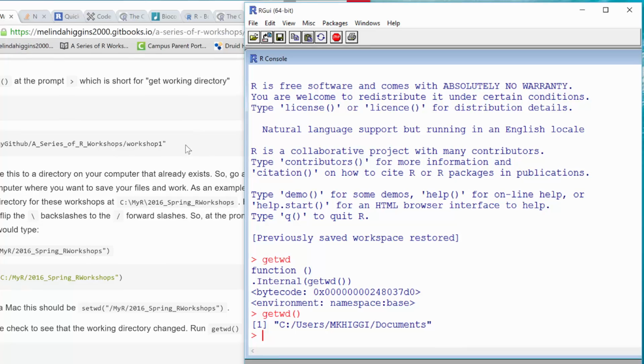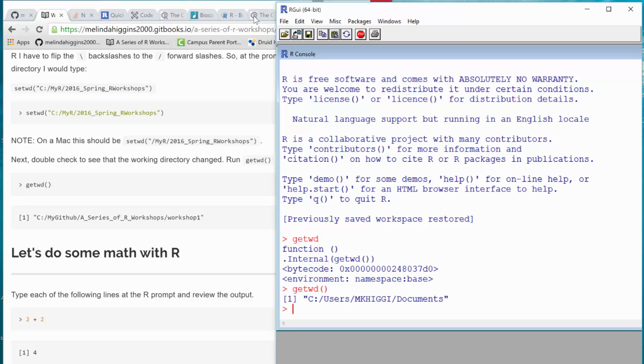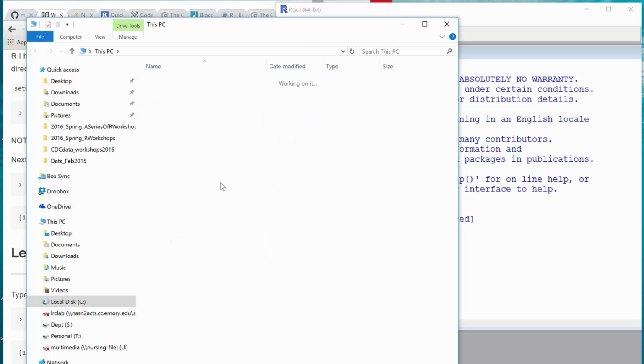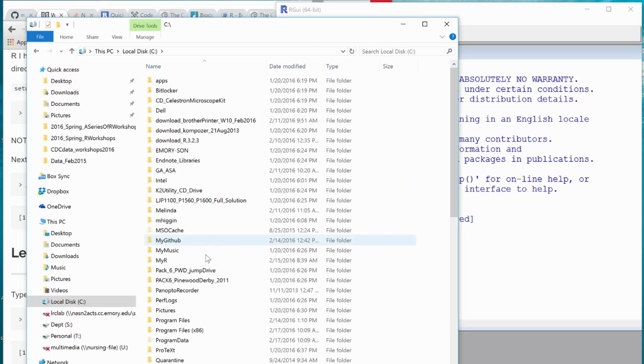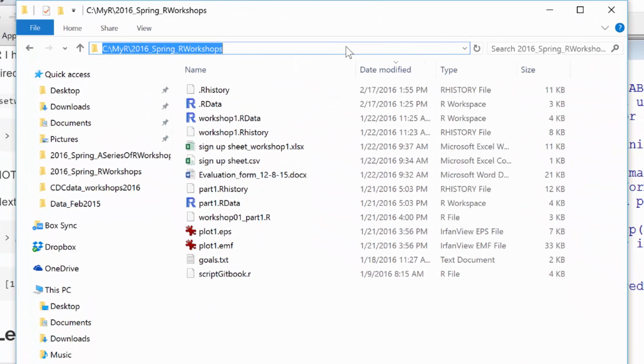So I'm actually going to be in this, I've created a directory called myr, and then I've got Spring Workshop. So you have to create the directory on your computer before you change directories to it. There is a way, there's some system commands that you could actually do it on the fly, but I'm not going to show you guys those for right now. So figure out what directory you want, and I'm going to show you a little quirk. I don't know if this is true on a Mac, but it's definitely true on a PC. So the directory that I'm using is this myr Spring Workshop, and I know it's a little small here, but